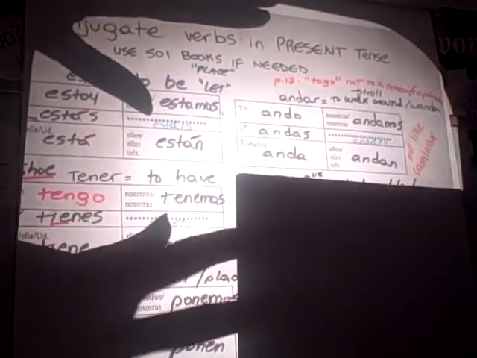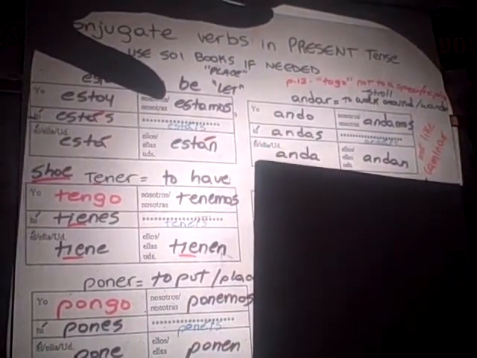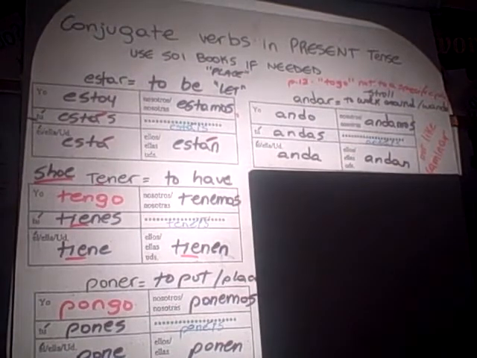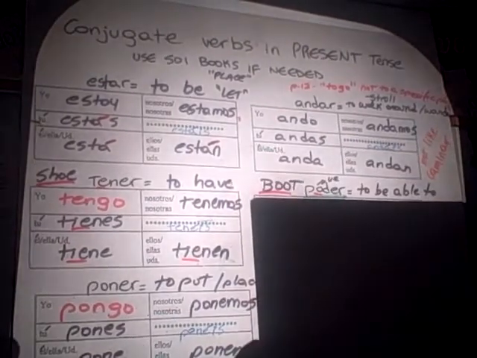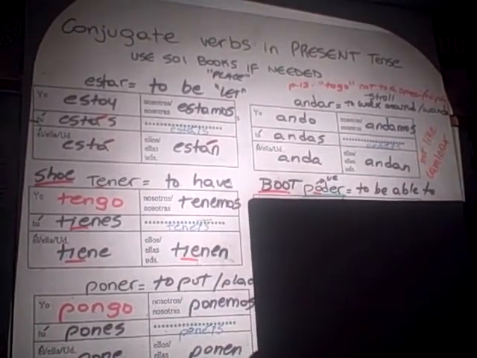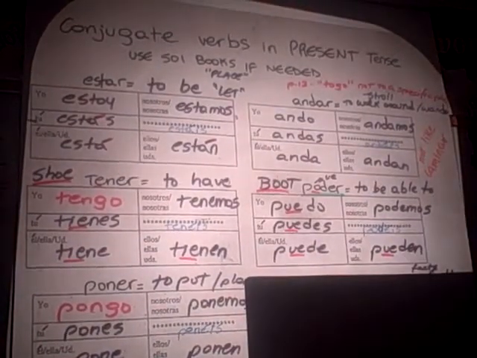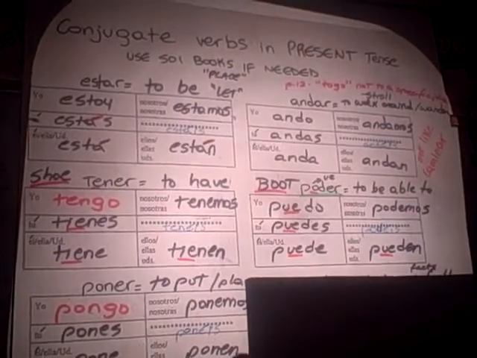Okay. Regular conjugations with your AR endings. Okay. So caminar is to walk. Andar is kind of to stroll, I guess. Okay. Poder is what we just talked about, an O to UE change inside the boot shape. Puedo, puedes, puede, podemos, pueden. Okay, but inside the boot shape, you have your UE change.